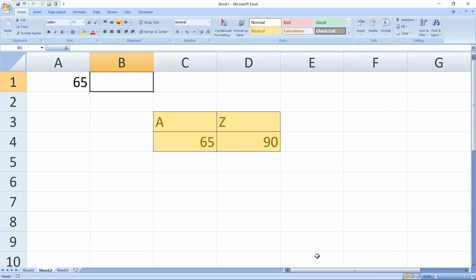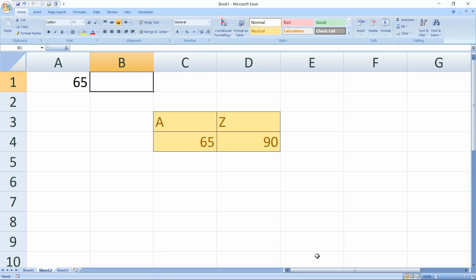With another Excel problem set scenario, I will be converting decimal numbers to their character equivalents, and character equivalents to decimal numbers, that is, vice versa. So we have a range 65 to 90, that's for uppercase A to Z. Now if you ask me how I can remember this 65 to 90 is for uppercase letters A to Z,